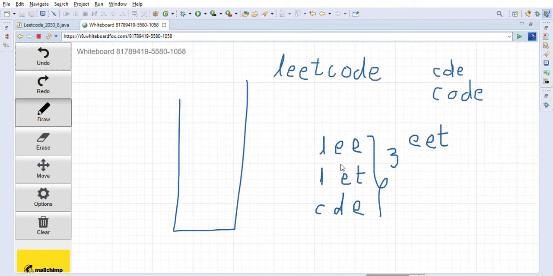If you look at this leetcode string, you will see that CDE is the smallest subsequence of length 3. Any other subsequence of length 3 that you find will be bigger than CDE. So that's why CDE is the smallest subsequence, and that is what we have to find. The string is given to us, and we have also been given the length of the subsequence that we have to find. So let me just remove this now.